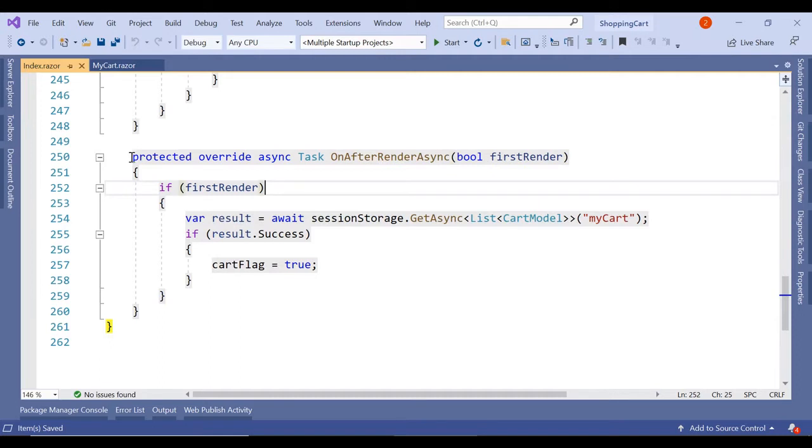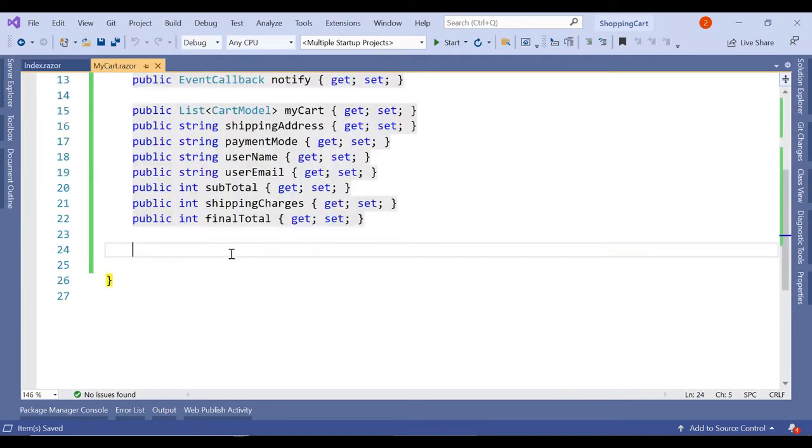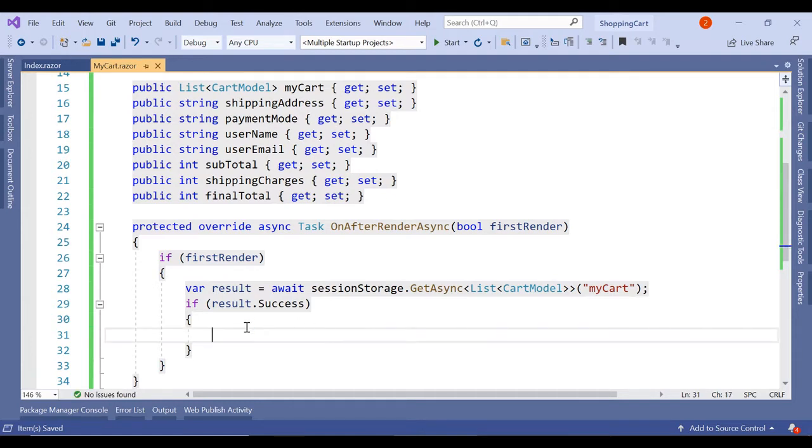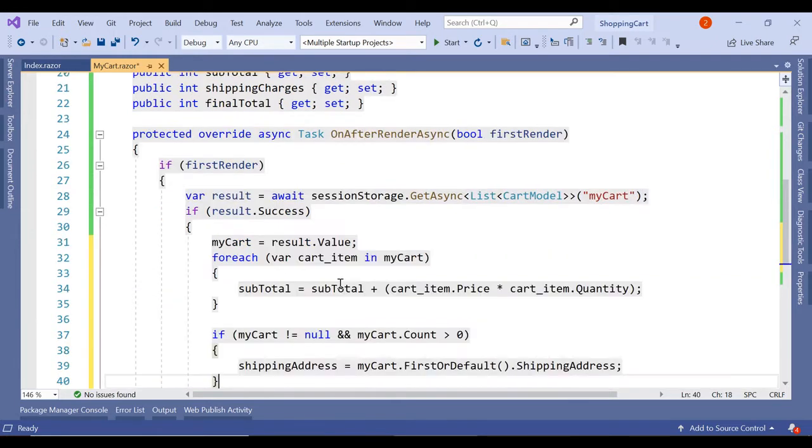So in our index page, we'll copy this event and paste it here. Whenever the screen loads for the first time, we will get the data from the cart. If there is anything in the cart, we will process it and assign it to our main variable my cart.